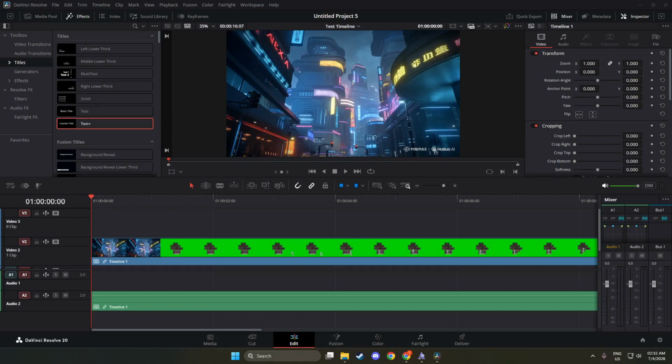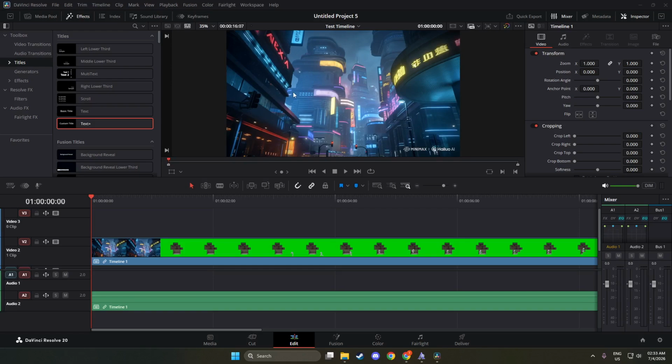Next, select the clip that contains the watermark. This is a straightforward action. Just click on the clip in your timeline that you wish to edit. You will know you've selected it when you see a highlighted border around the clip. This selection process is crucial because it tells DaVinci Resolve that this is the specific part of your project you want to work with. It is essential to ensure you are selecting the right clip, so take a moment to double-check.